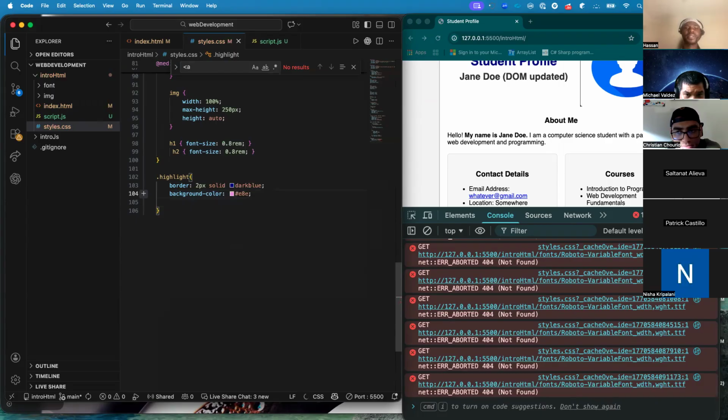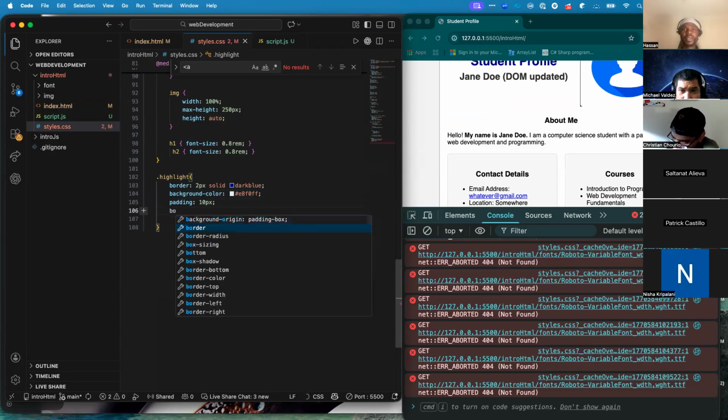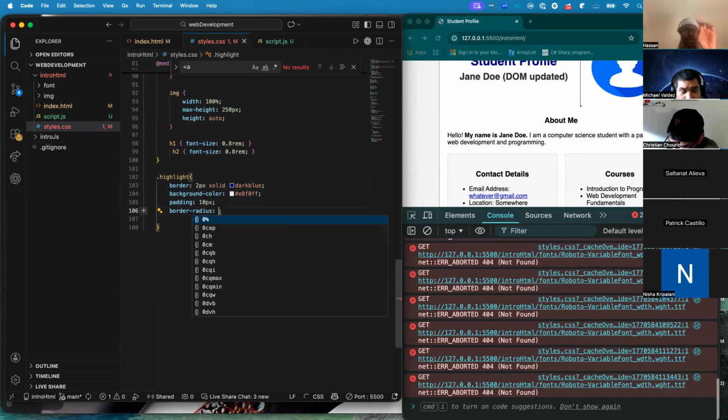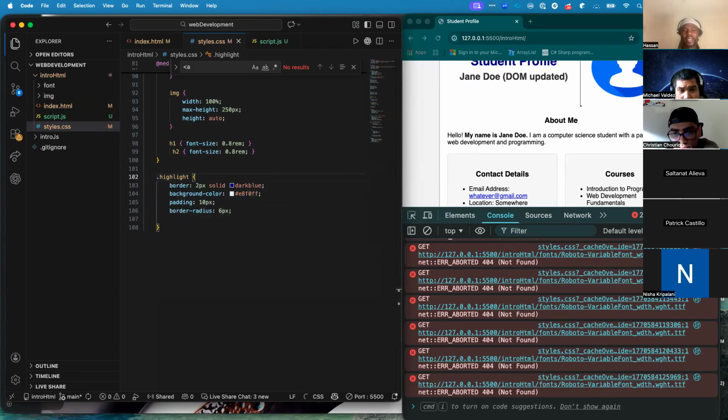Let me see, what color is this? EF0, EF. Oh, almost the same one. Yeah, so we're also going to have a padding of 10 pixel. Also, we can have a border radius, just the corner edge, with 6 pixel. So now, what we are trying to do is to get the about